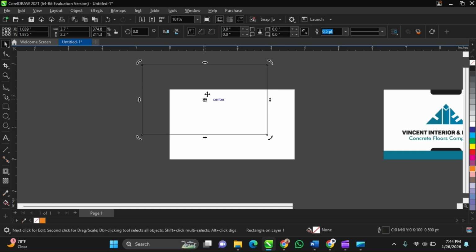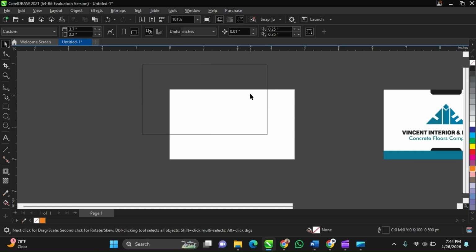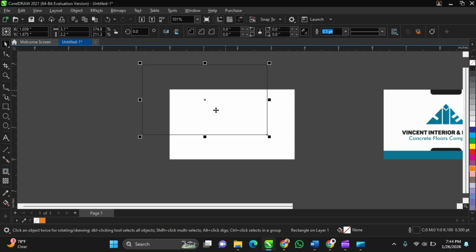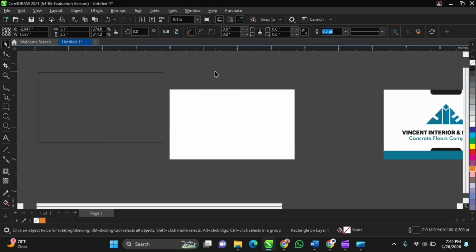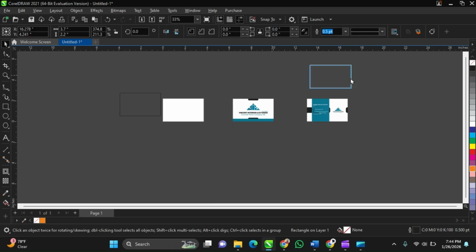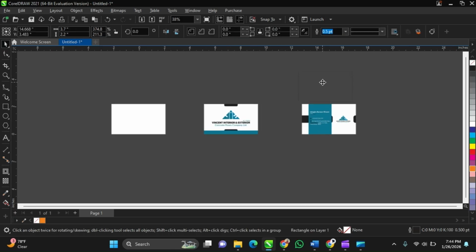So the next thing is to place it at the center. Remember, I said we have to create a border around our page. To bring that rectangle to the center, you can just click, hold it, and drag. It will be very difficult, but the easiest way, the shortcut, works anywhere that rectangle is, even if the rectangle is here. Are you getting me? Make sure that the rectangle is selected. I showed us what it means for an object to be selected. An object is selected when there are